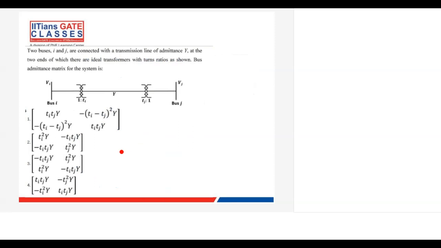Then the next question is related to the Y bus. They have said that you have two transformers with the turns ratio provided, and you have to calculate the Y bus for this system. So let's consider this node as A and this node as B. If we look at it just from that node point of view,